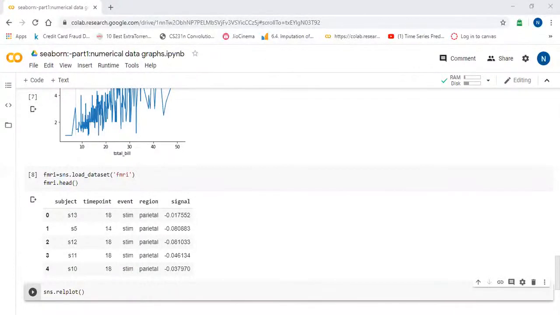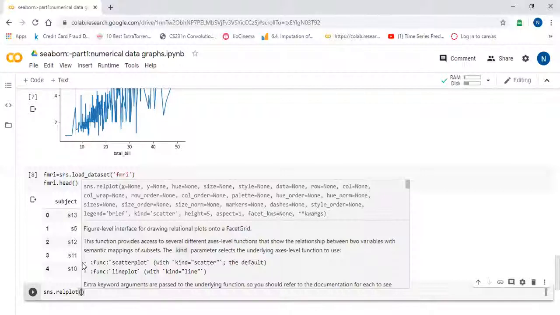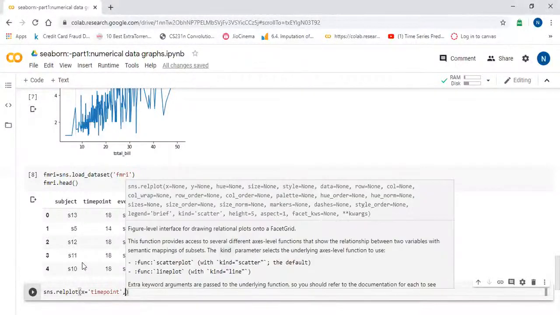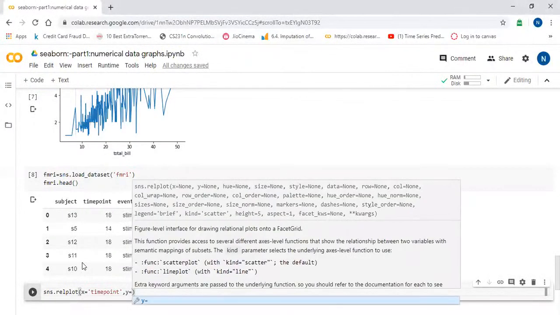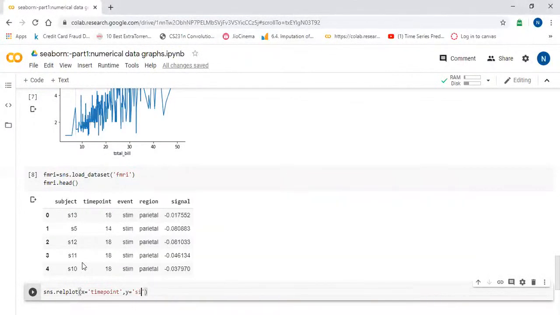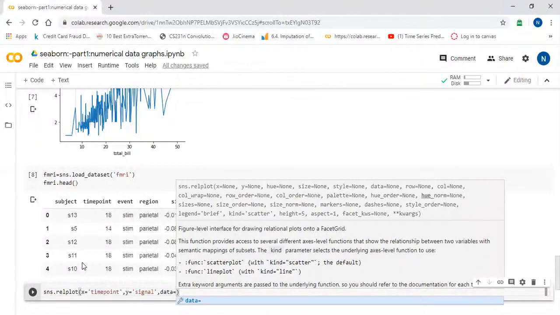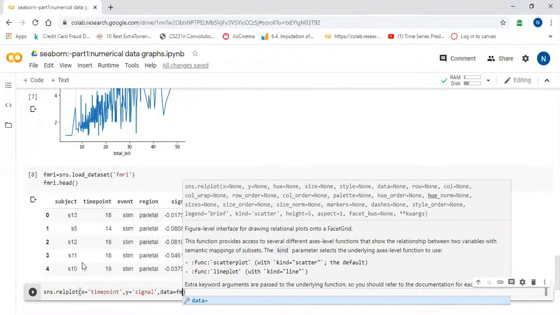We can see timepoint and signal are numerical data points. x is equal to timepoint, y is equal to signal, and data is equal to fmri.